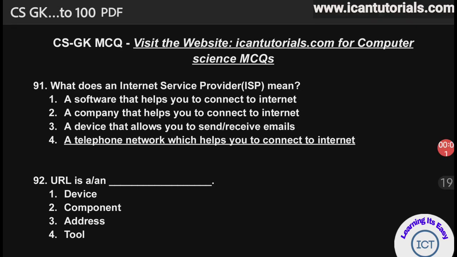Hello everyone. Today we are going to see few important computer science general knowledge questions which are frequently asked in competitive exams. 91st question is, what does an internet service provider ISP mean? ISP is nothing but Internet Service Provider, and the answer is a telephone network which helps you to connect to the